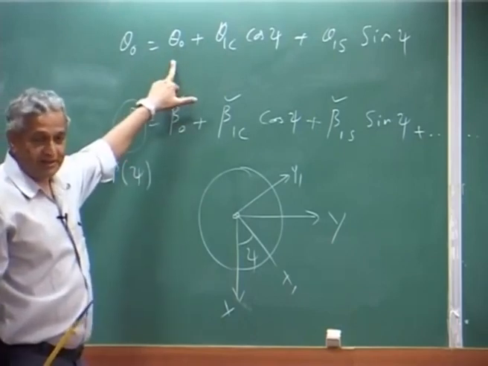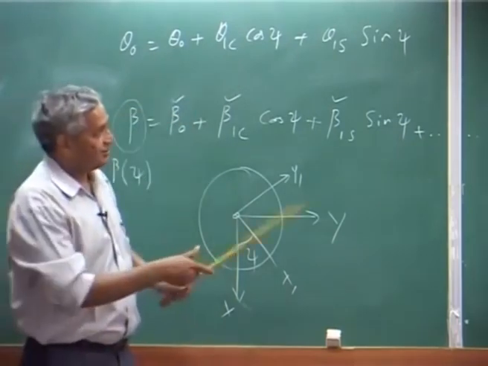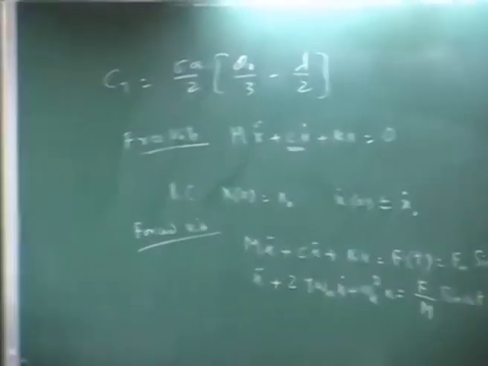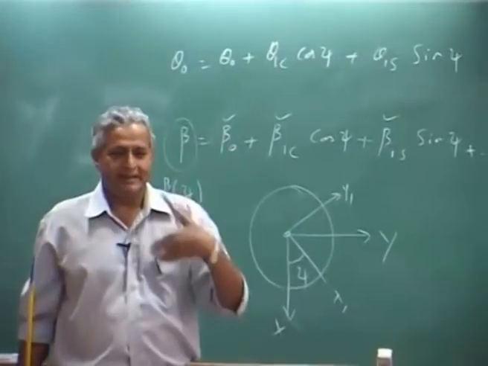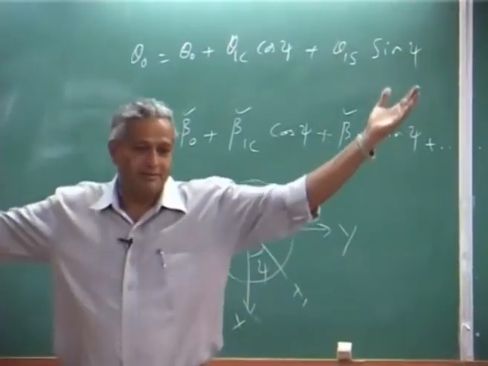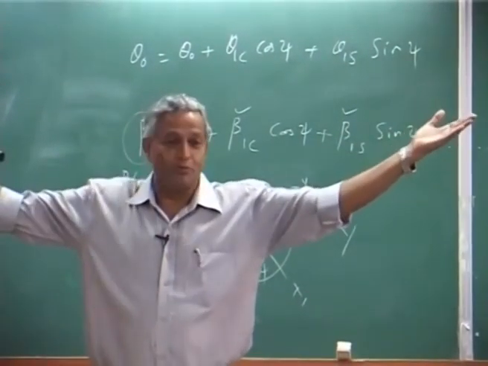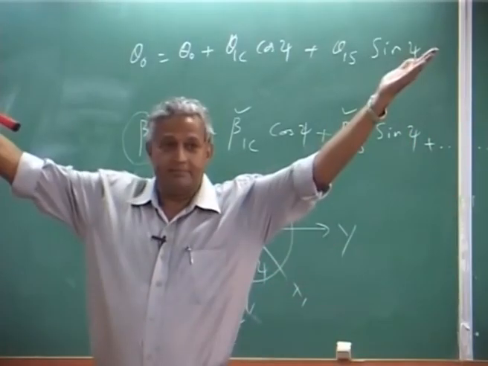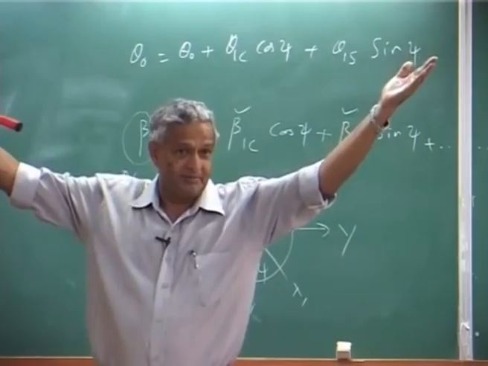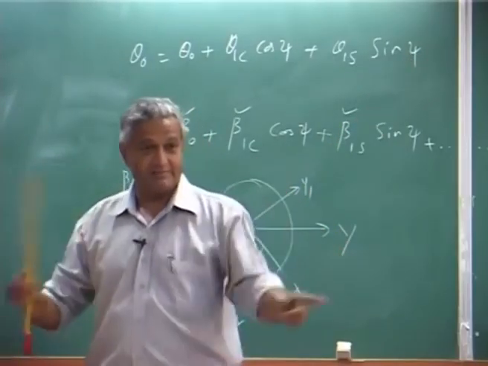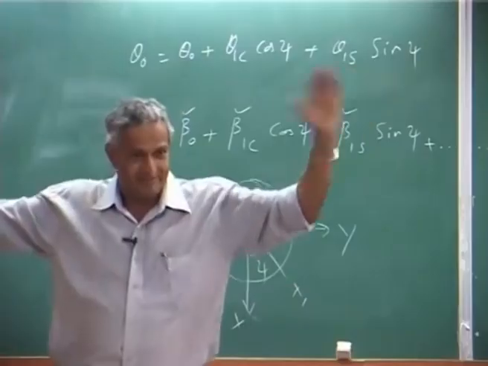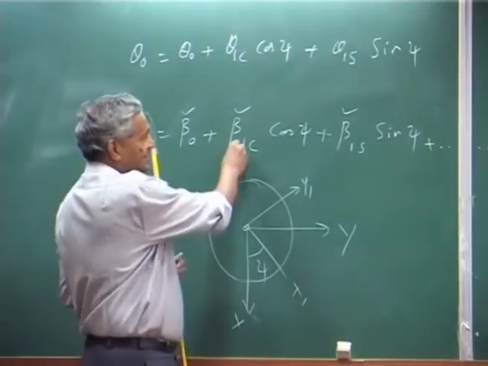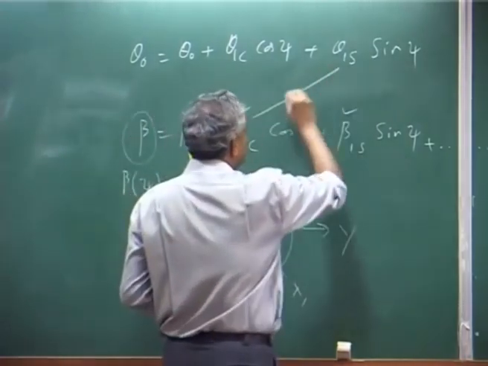Coning is related to theta naught, which is related to your loading. So, my beta naught is somewhat related to how much my helicopter is loaded, how much my rotor is supporting. If you put more weight, it will go up a little bit. Same operating condition, please understand, it is not that my RPM is changing, fixed RPM. But when you look at this, 1C is related to,